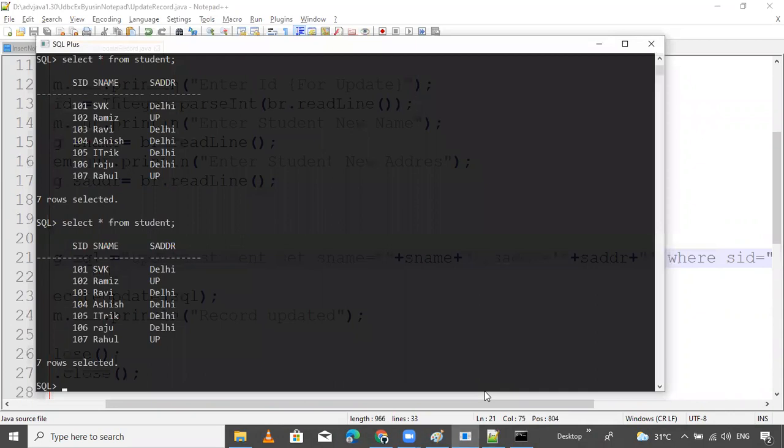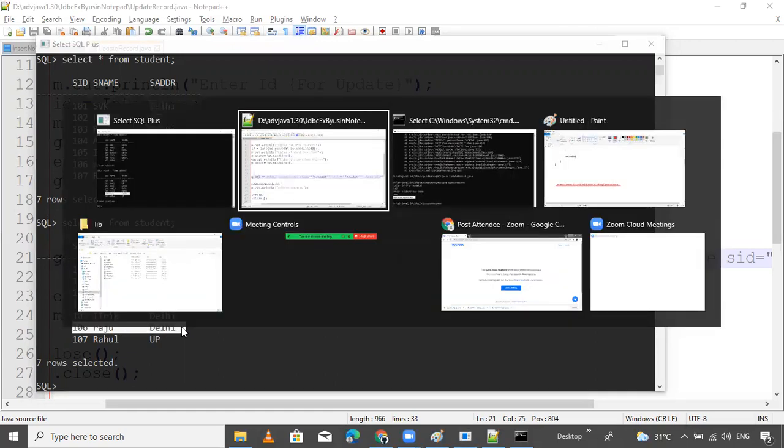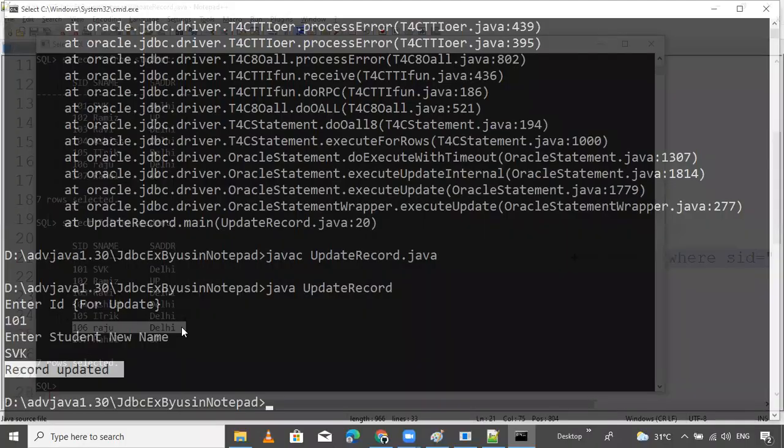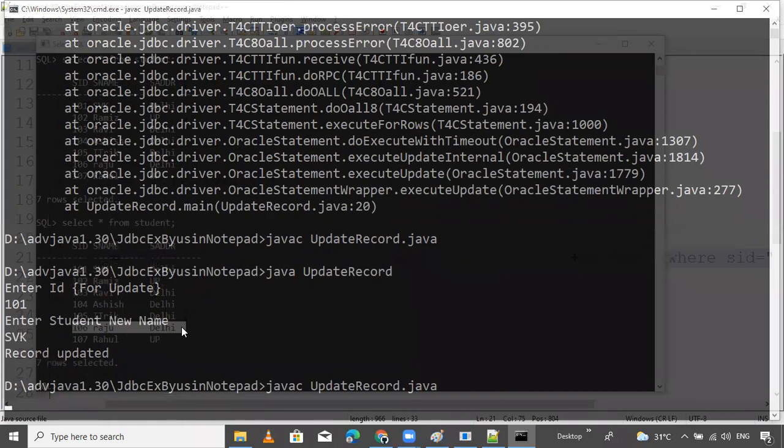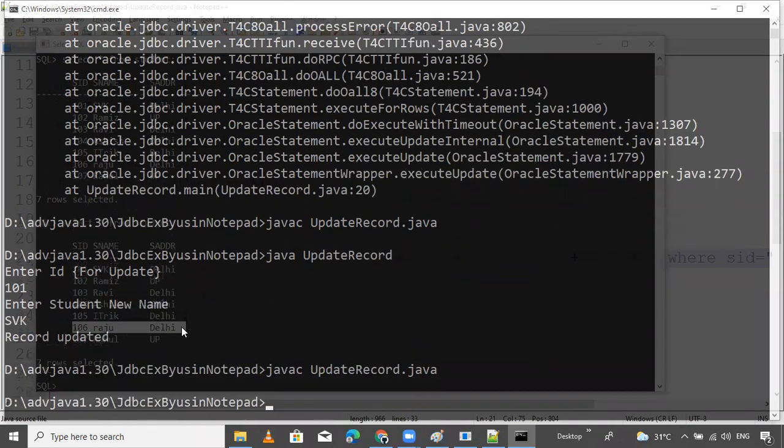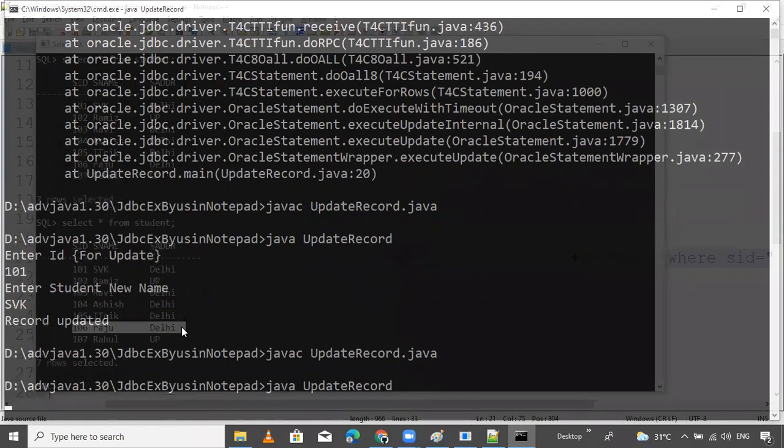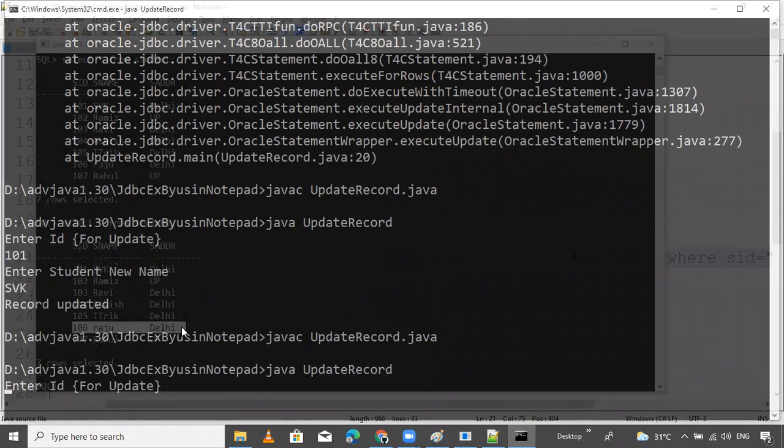Now I want to update like Raja, instead of Raja 106, I want iTrick. So compile one more time, we made the modification on this file. Compilation is success. Now run once. It will ask which ID. See here, the ID is the same.